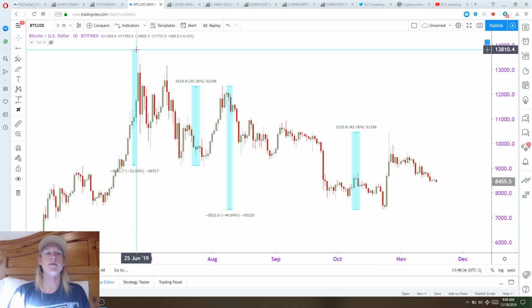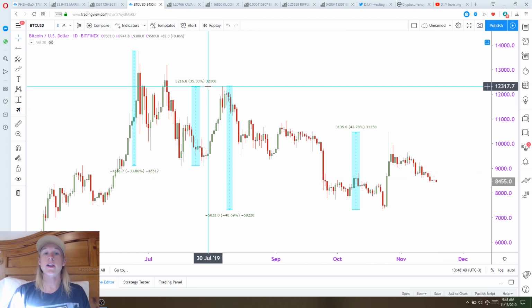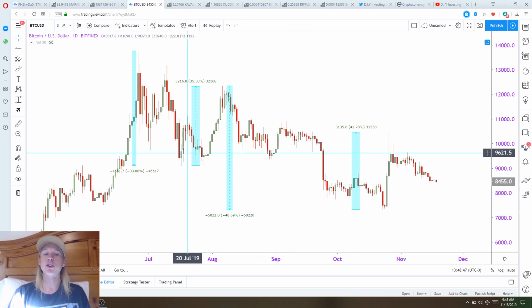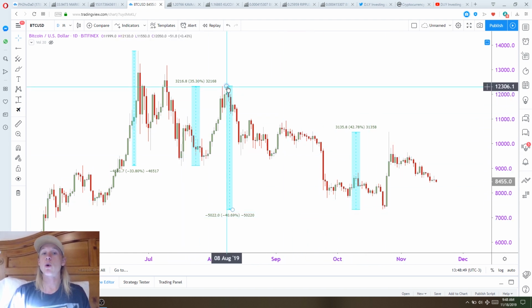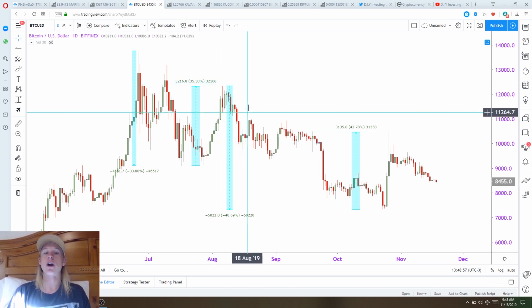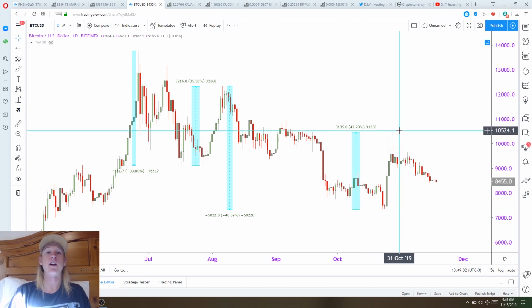So we can see we have these bearish pushes, and then we have these massive bullish pushes that are almost the exact same size each way. Now the bearish side is much more choppy and prolonged, but the bullish side is very, very quick. And I think the reason for that is because many more people are willing to buy and pump Bitcoin and FOMO into Bitcoin than they are wanting to sell. And so this choppy selling action takes a little bit longer, but the buyback happens very quickly.